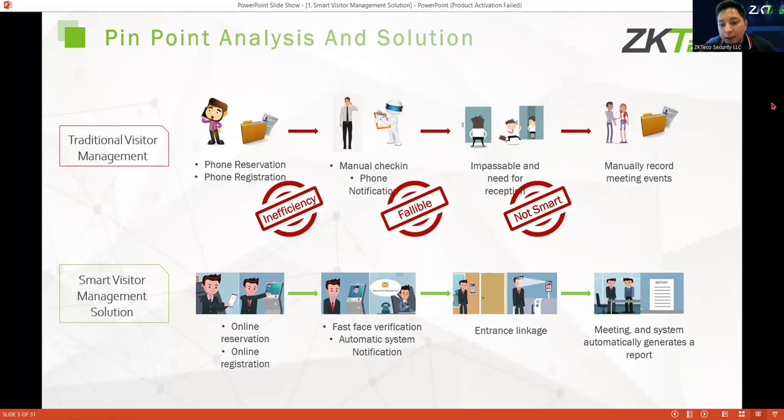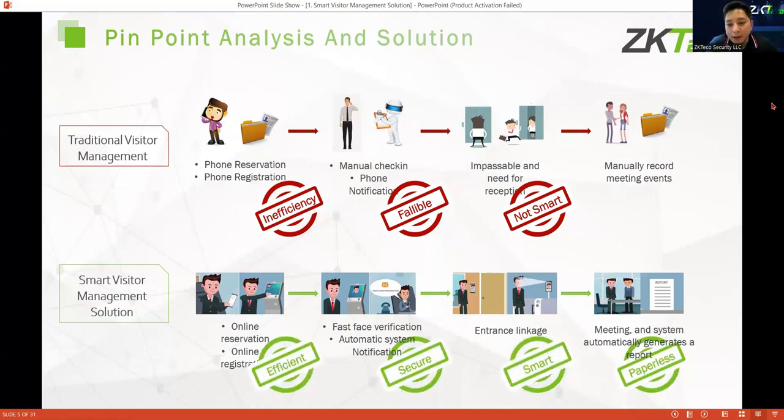We also have the entrance linkages, and the system automatically generates a report after the visitor enters or exits the building or the premises. It is very efficient, secure, very smart, and also paperless.